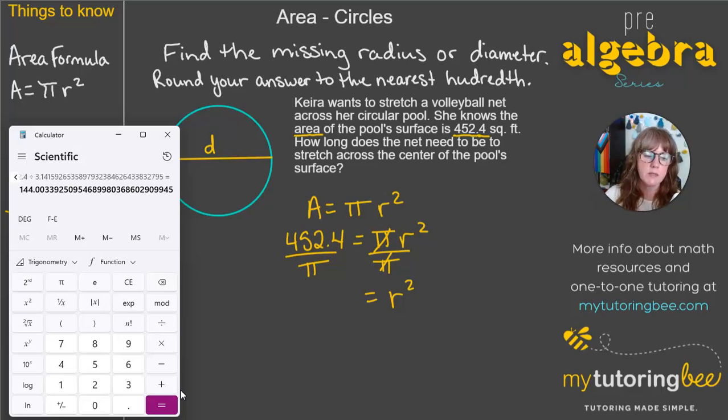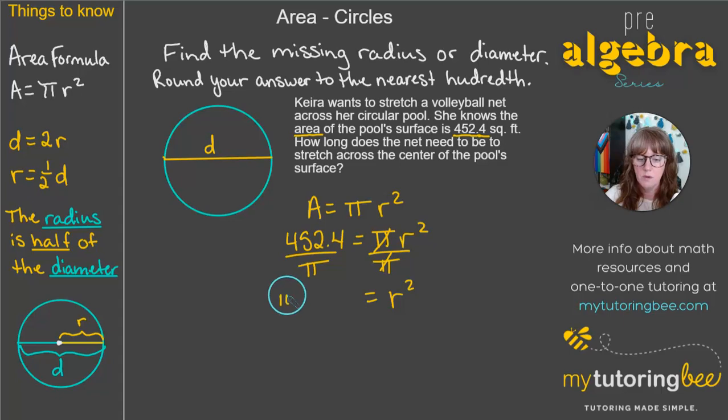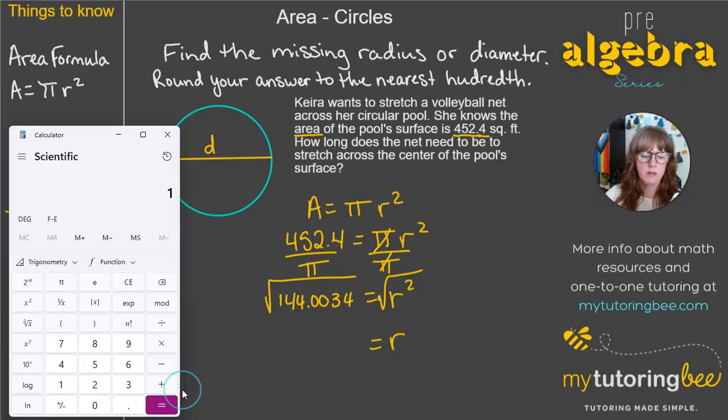So I'm going to write this as 144.0034. So I've gone out 4 decimal places after the decimal point, but at the end, we don't need to round out that far. Okay, so then our next step is this is what r squared equals. We want to then take the square root and just give ourselves r. For this calculator, I have to put the number in first and then hit the square root key. So I'm putting in my 144.0034, and then I hit my square root key, and that gives me